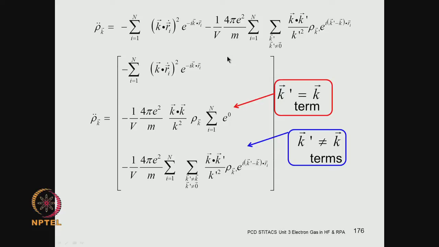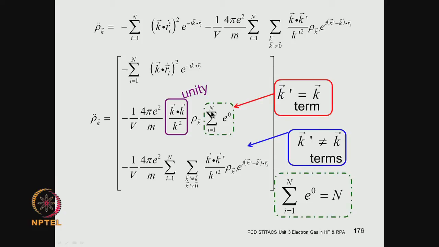So now what were two terms in the first expression appear as three terms, because this summation is now separated to write one term explicitly for k prime equal to k, and these are the remaining terms. So these are the three terms now. Let us take these three terms, and you notice that this k dot k by k square is nothing but unity, because this will give you k square by k square, right. Then if you look at this sum over here, e to the power 0 is 1, so you are adding 1 to itself n times. So, you will get a factor of the total number of electrons over here, okay,